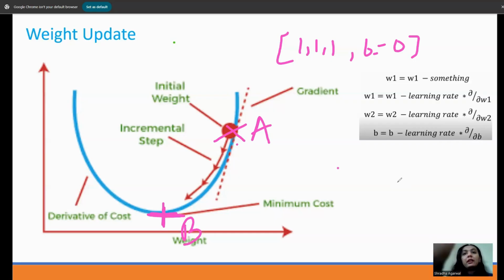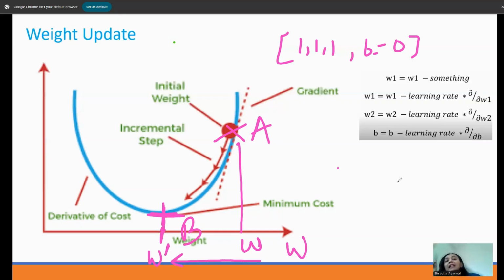So you are here, if you see here, there was a weight, the W here. We somehow want to reduce my W and choose some new value. Maybe this value of W is here, W dash. So I want to go from W to W dash, and that is my good weight. That will solve my problem and my answers will start coming accurately. So to do that, this is how it works inside.